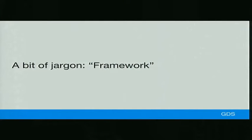And the digital marketplace is where they can do that, and the GCloud Framework is one of the ways of doing it. So if I've talked about framework already, I'm going to have to explain it a bit, just because most of the headings in this talk are about different frameworks. So a framework is an agreement between government and suppliers. So suppliers who want to sell their services to government apply to be on a framework, and then if it's agreed that they can be on the framework, they're kind of pre-approved to supply stuff to government. And this saves time and money